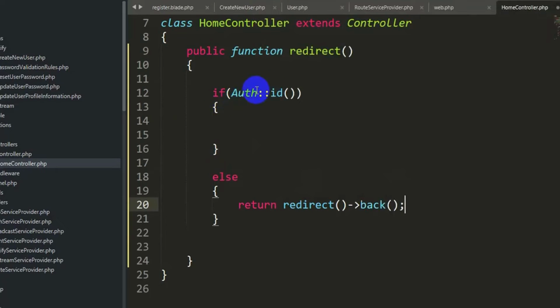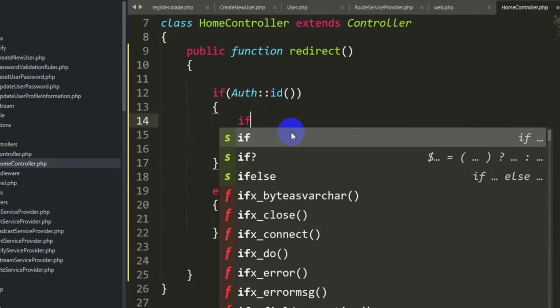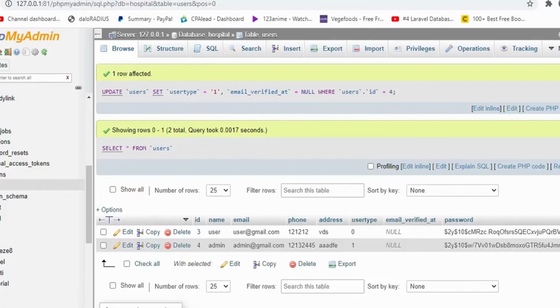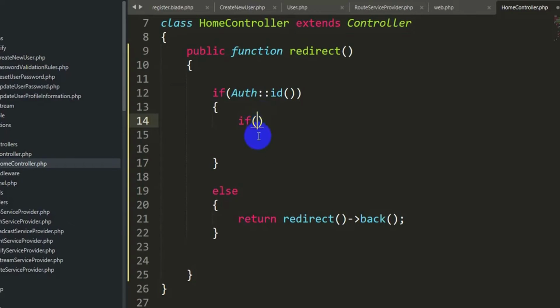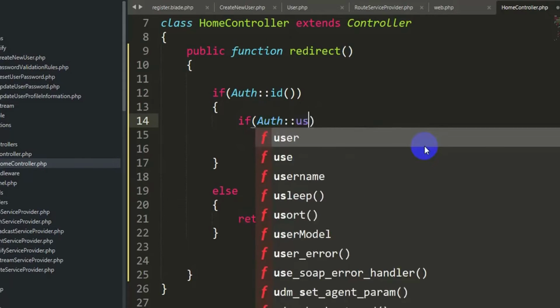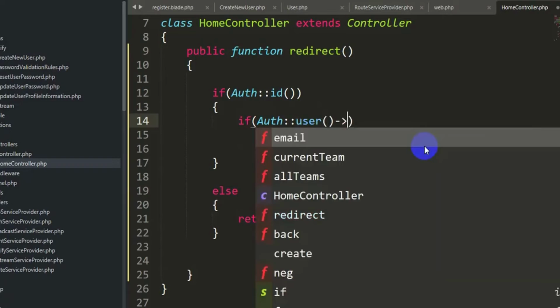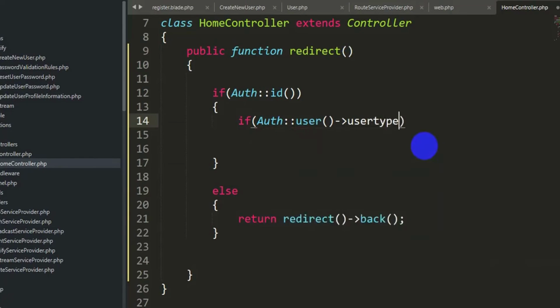So over here inside this if condition, if there is any auth id, it means there is a user trying to log in, then we'll check what their user type is. If you go to the database, here you can see we have the user type 0 for a regular user and on for admin. So we'll first check their user type. Now inside this if condition we are going to say Auth::user(), which is our table name, then the arrow sign, then usertype, which is our column name, and we'll say if this is equal to 0, then